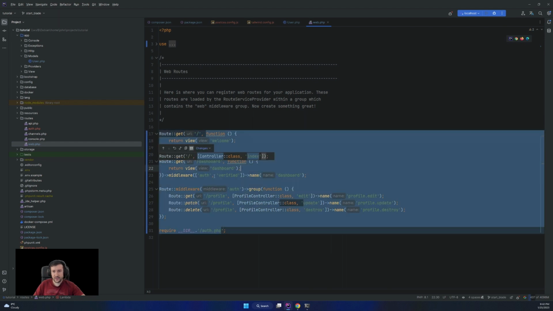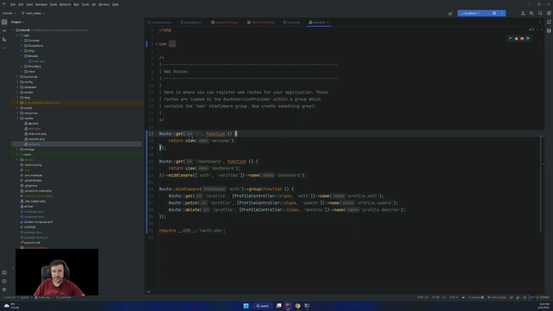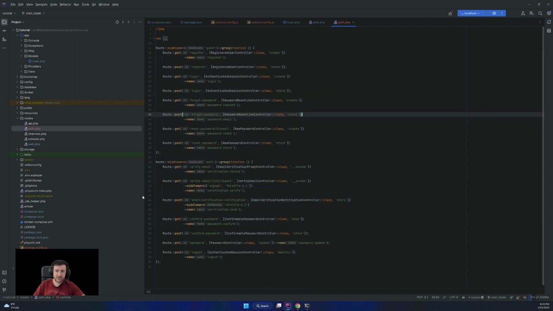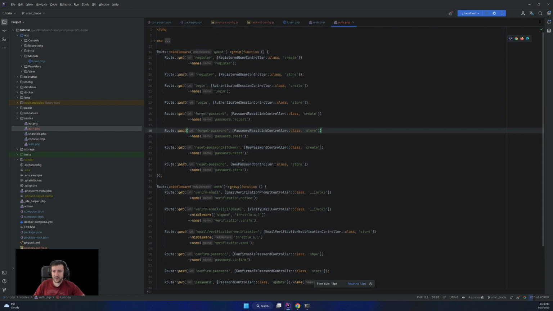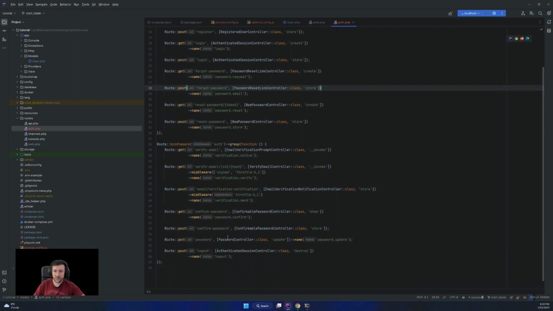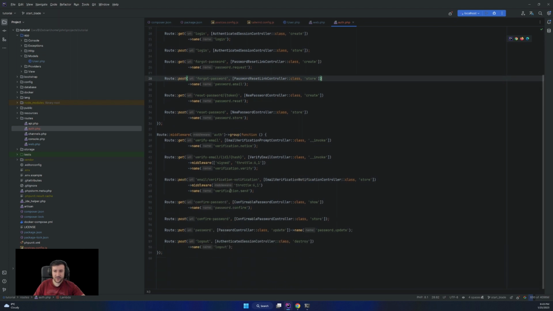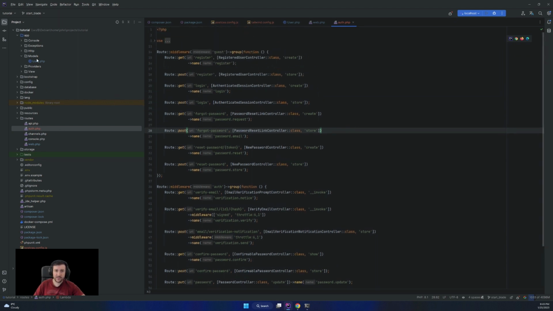So this is what changed. Previously it was this get index, and now it was changed to all that. Some authentication routes about profile: update, edit, and destroy, and then a new set of routes for authenticating that are register, login, forgot password, reset password, and email verification, resend email verification, and logout, and all of those routes in here, and obviously with the attached controllers.